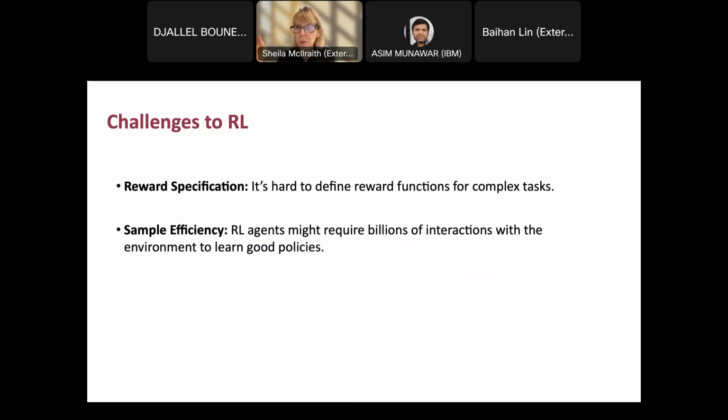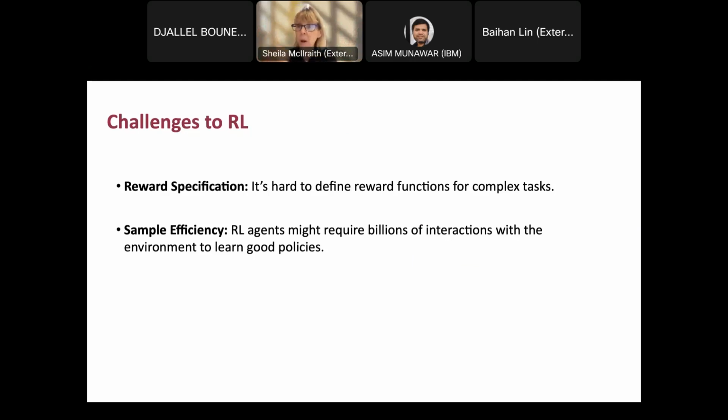So two challenges to reinforcement learning in the real world are reward specification, that it's really hard to define reward functions for complex tasks and for complex behavior, which is a lot of the type of behavior that we're actually interested in. And of course, as some of you, if you're graduate students in the audience, know, you're often the ones who get stuck writing some Python program that takes some aspirational behavior and tries to find some mapping from the state of the system into that very complex behavior, and a reward function that rewards it suitably so that the behavior is manifest appropriately.